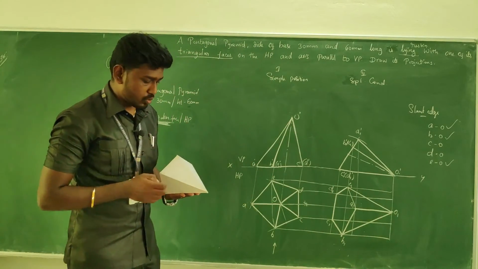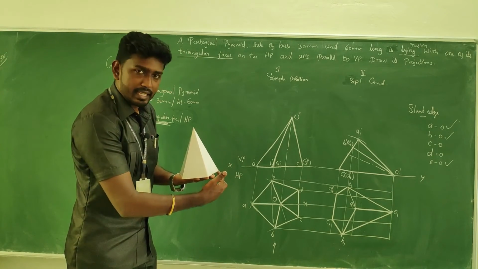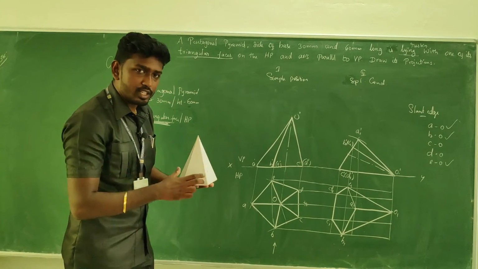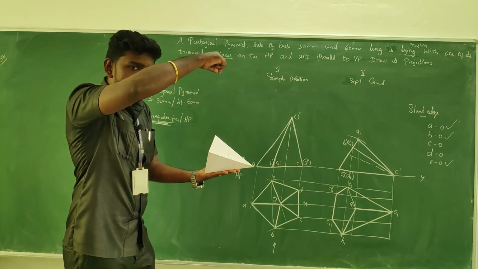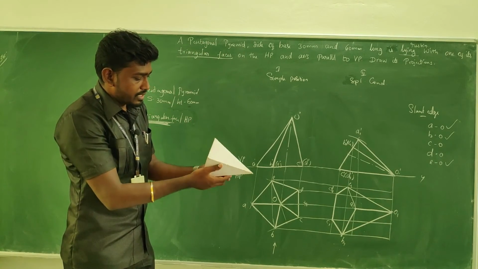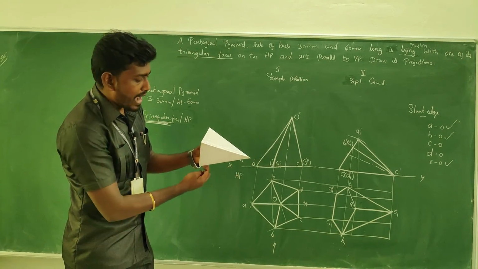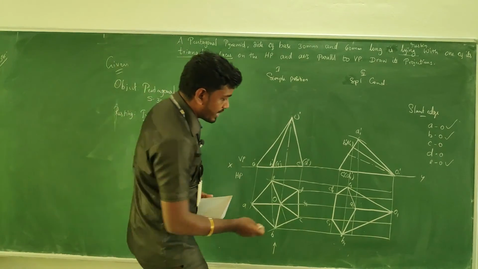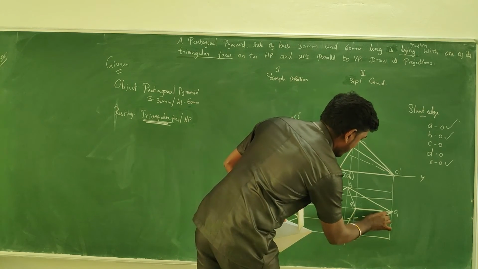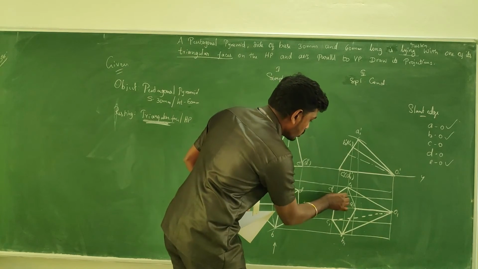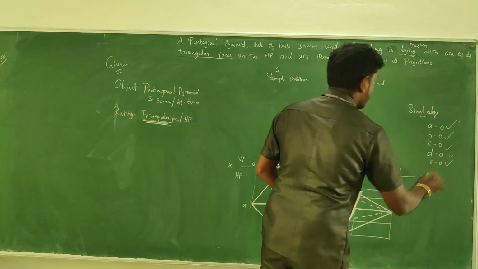Now concentrate on C2O and D2O. Okay, C2O and D2O. Here A, B, C, D, E. Am I right? C and D. When you are keeping the object something like this, it is at the rear side. When you are looking from the top, definitely this triangular portion of C, D, O will be invisible. So the edges C2O and D2O will be invisible ones. So we can make C2O a dashed line, and D2O a dashed line. Okay, this is also completed.